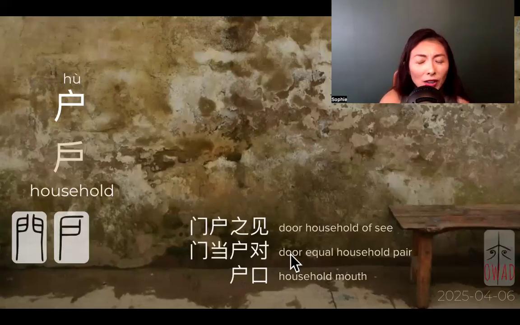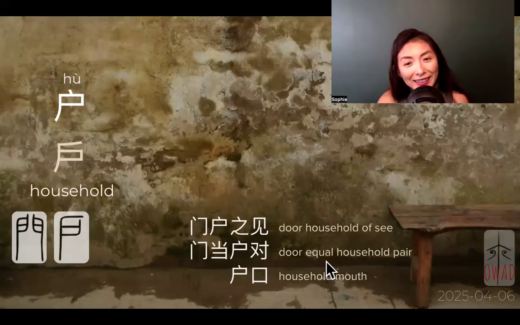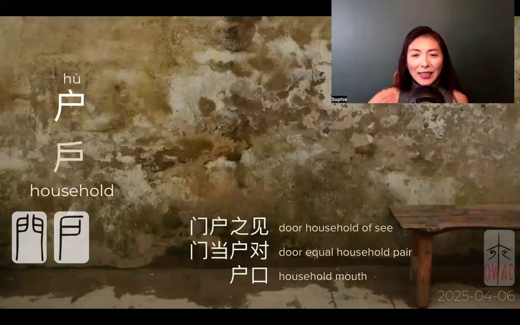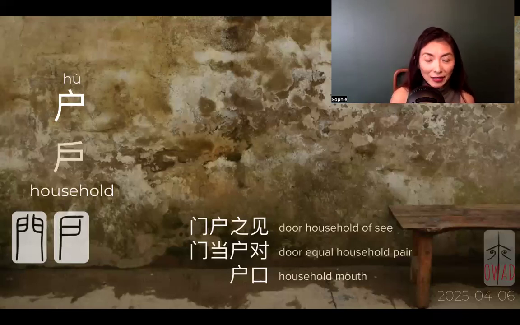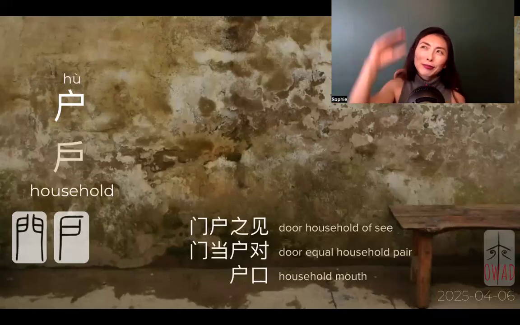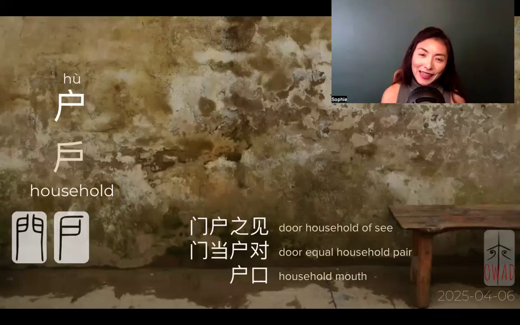You need to make sure your door, double panel door, are equal, meaning your door size needs to match, and the 户对. If you're single panel door, then you need to pair that household together. So basically, door and the single or double panel door symbolize the socioeconomic status, the stratification of a society, right? And you only marry laterally, like you don't do this social mobility thing when it comes to marriage.